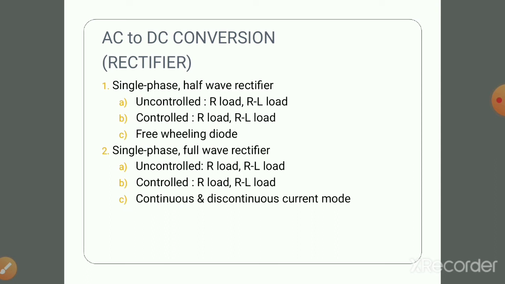Then we discussed what exactly power diodes are, what different types of power diodes we have, and the constructional features of power diodes. We discussed the operating voltages and currents of power diodes, and also started with rectifiers. We discussed what rectifiers are, the rectification process, types of rectifiers, controlled and uncontrolled rectifiers, then single phase full wave and half wave rectifiers.